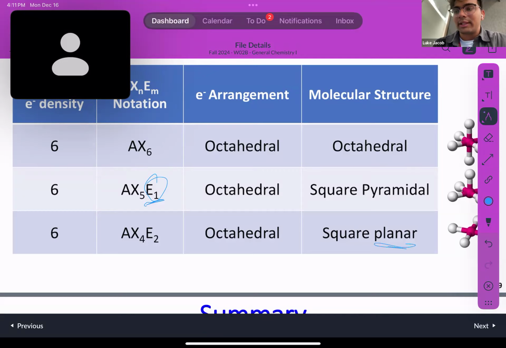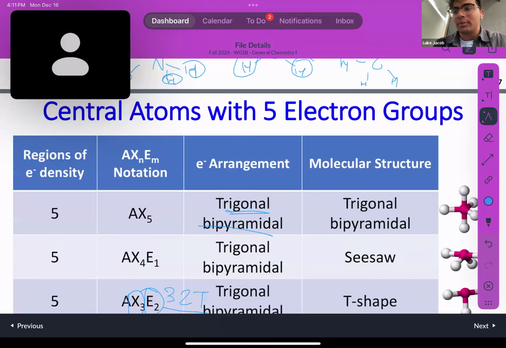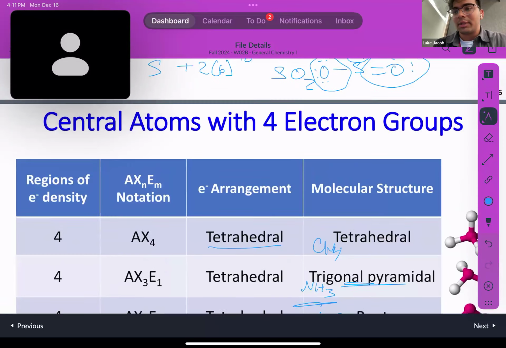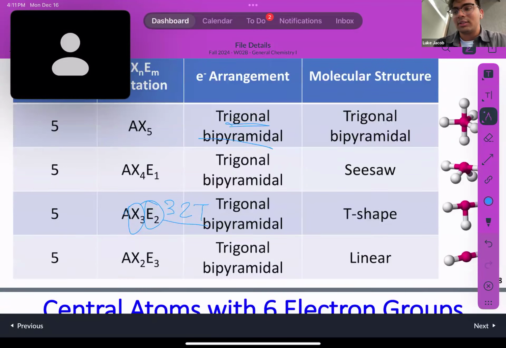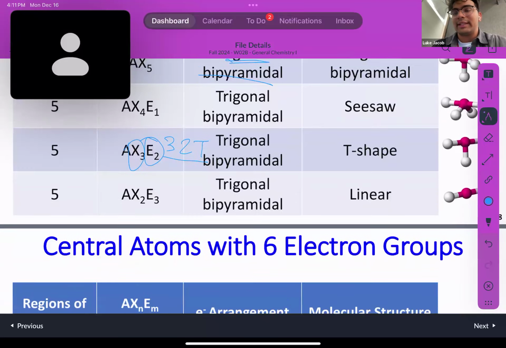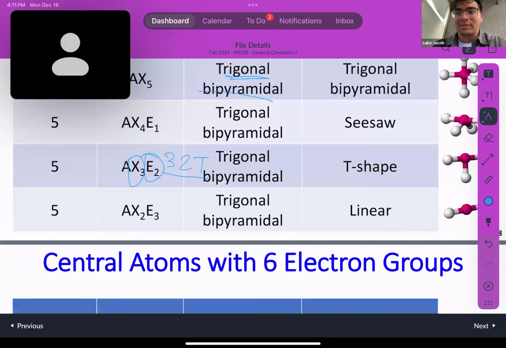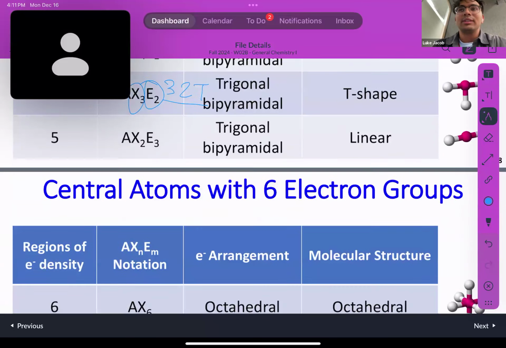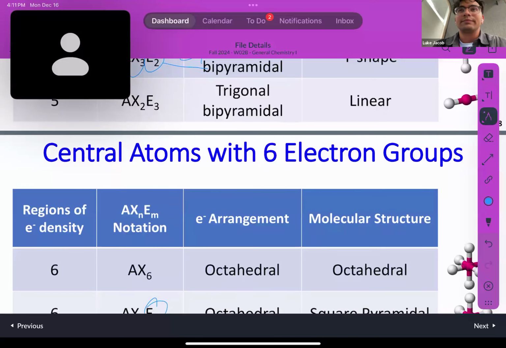It's important to note that anytime it says pyramidal, it's a polar molecule. And anytime it says bent, it's also a polar molecule. And anytime it says planar, it's a non-polar molecule. And anytime it's linear, it's also non-polar. Those are really important things to know, because how can you tell the difference between